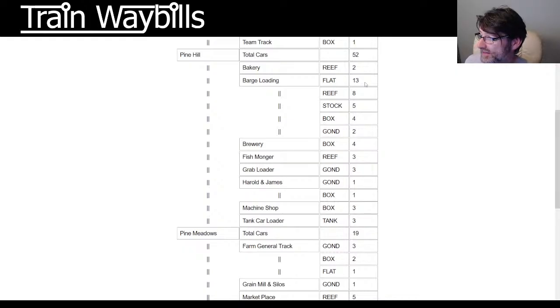Barge loading has actually had 4 boxcars. Barge loading's actually got quite a lot of traffic going to it. Barge loading again is another 6-car siding. It's had 13 cars in total. So it is basically getting its fair share. I could up that a little bit more,